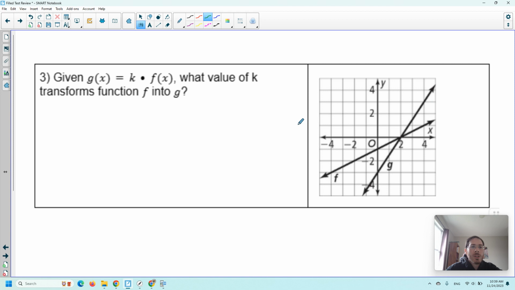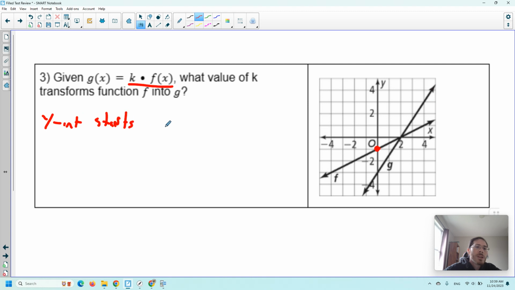All right, for number 3, given g of x is k of x times f of x, what value of k transforms f into g? So the key on this one, since we're doing multiplication, again, it might not be multiplication on the test, so we studied multiplication and addition, so it could be either one of them. But for multiplication, we can see that we're going to start, so the y-intercept